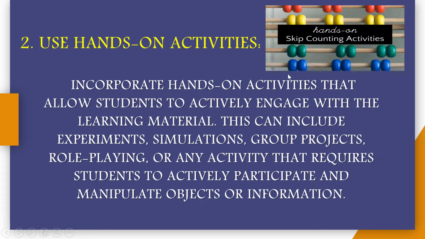This can include experiments, for example in the science lab, or field trips, simulations, group projects, role playing. If you have any selection in English, for example, like a story or any similar activity,